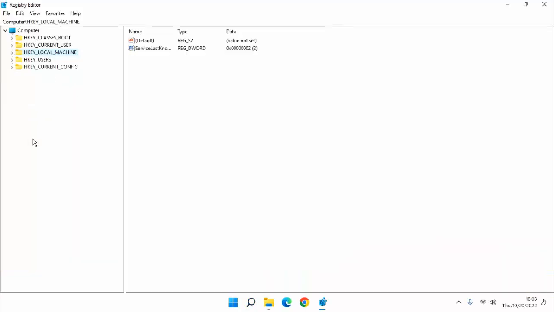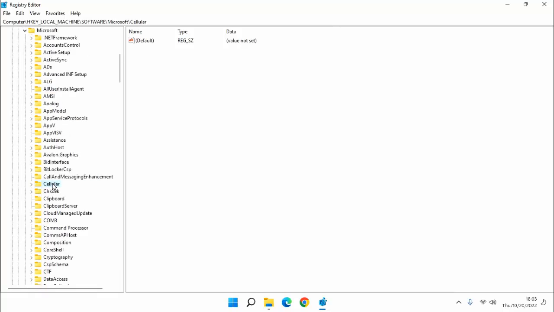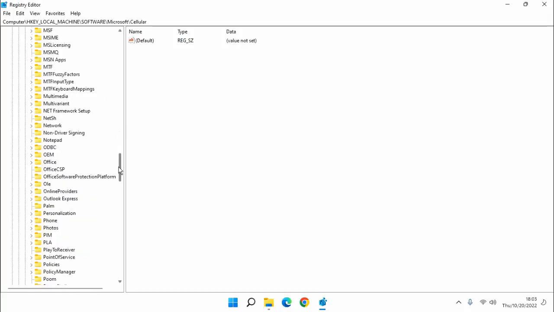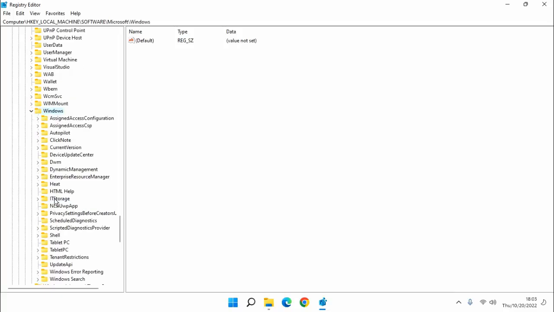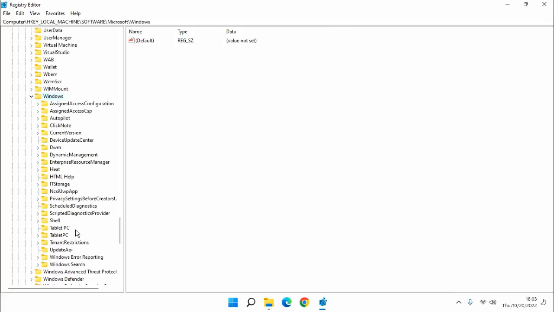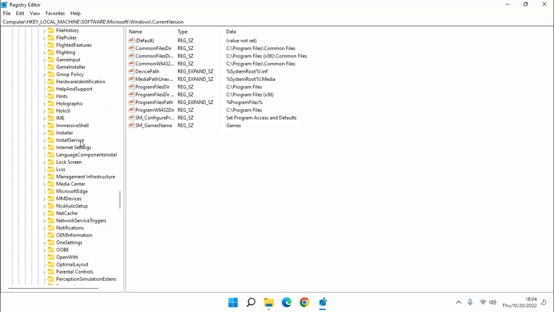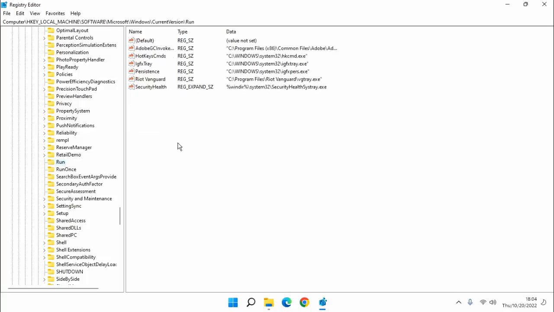In this, double click on HKEY_LOCAL_MACHINE, then double click on Software, double click on Microsoft, double click on Windows, then double click on CurrentVersion. In this, you select Run. You can see here Run, select it, then right click here, click on string value,